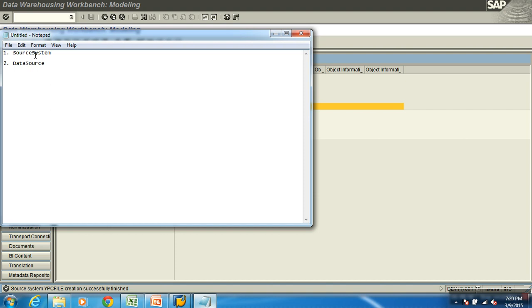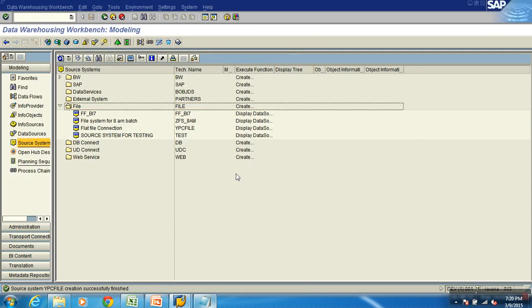Okay? Clear? If you look at what you are creating as per the data source, then you will understand. And one more point is that a data source is specific to a source. Let's say I have one data source which is used from R3. I can have a data source of the same name for a flat file too. So a data source is always specific to a source system. This data source relates to R3, and this data source relates to a flat file. So the data source is always specific to the source.